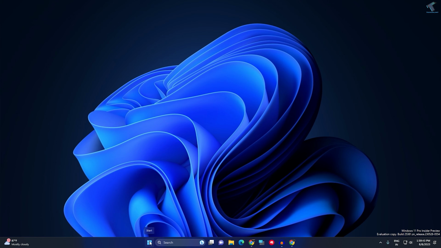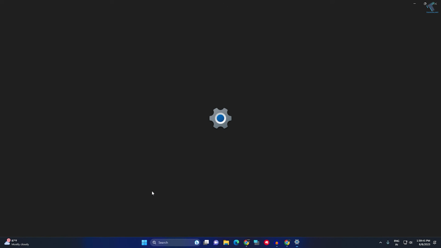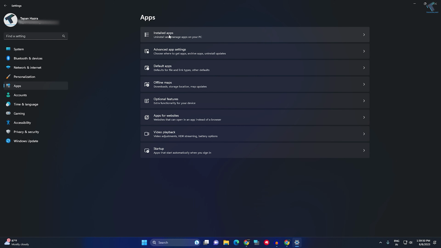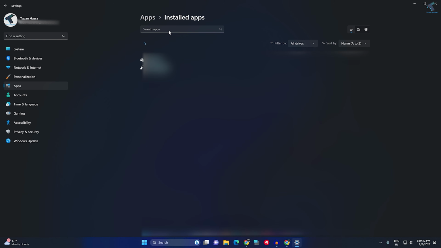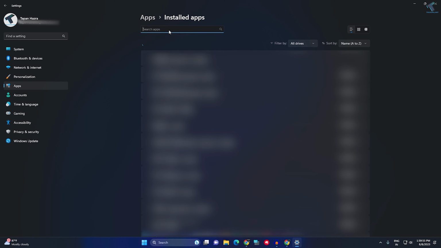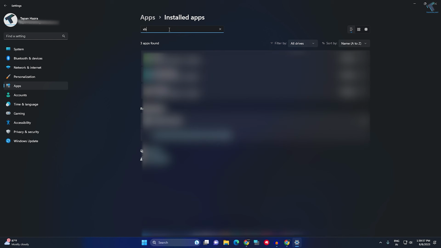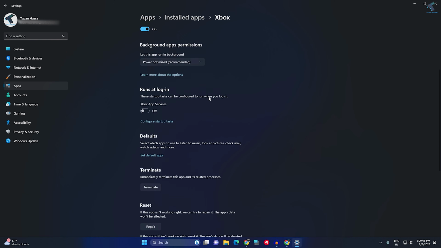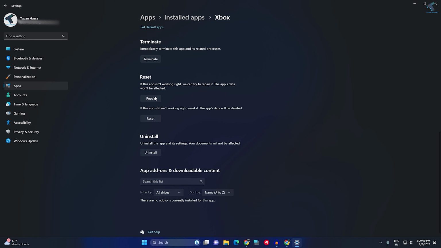For that, right click on your start menu button, click on settings, click on apps from your left side. On your right side, click on installed apps. Here find Xbox. Here is the Xbox app, as you can see. Click on the three dot button beside the Xbox app. Click on advanced options, and here you will get three options, which are terminate, repair and reset. First click on terminate, then click on reset,